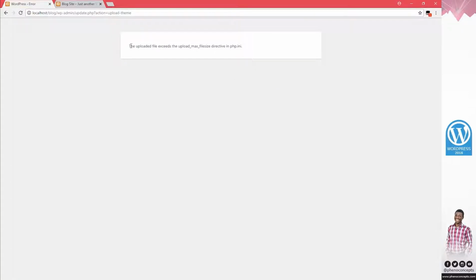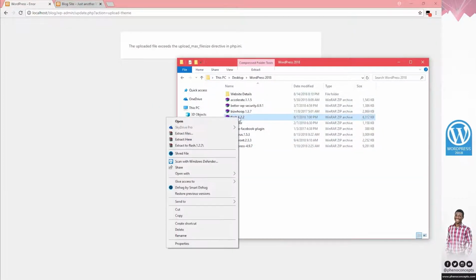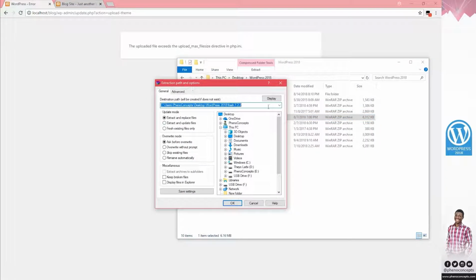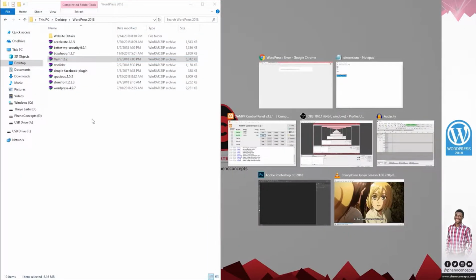Now this information is coming up again because I think the file size is too huge for that. So to correct this, I'll just right click and click on extract files, and I'm just going to extract it into the WordPress document. Better yet,